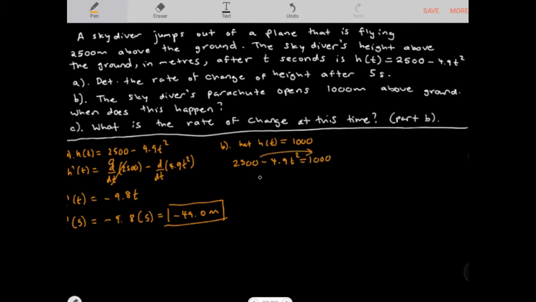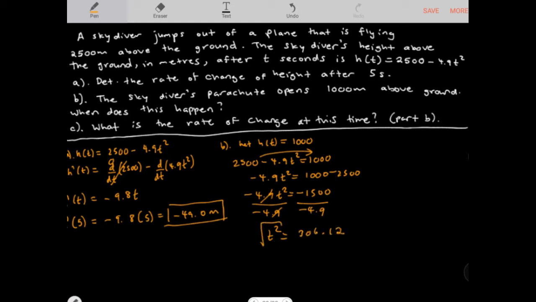I'm going to move the 2,500 to the other side. Negative 4.9t² is equal to 1,000 minus 2,500, which is negative 1,500. I divide this by negative 4.9 to isolate for t, and I do the same thing to the other side. That cancels out, so t² is equal to 306.12. If I want to solve for t, I take the square root of both sides,